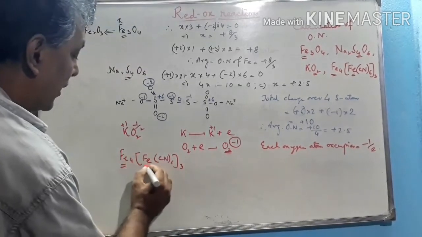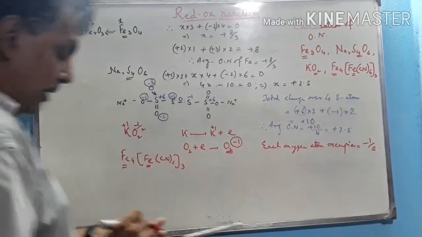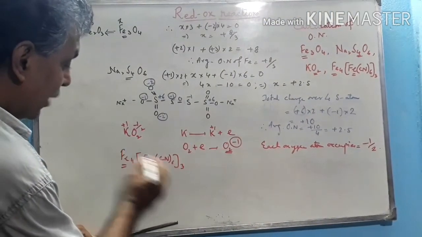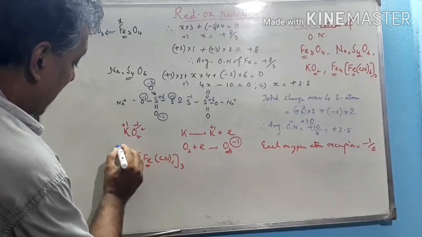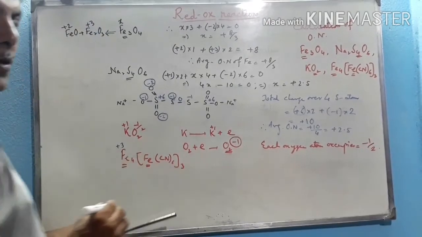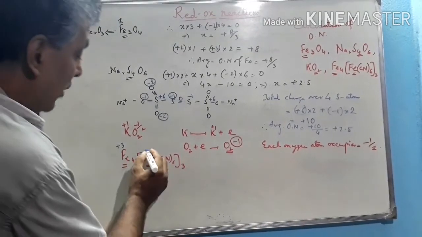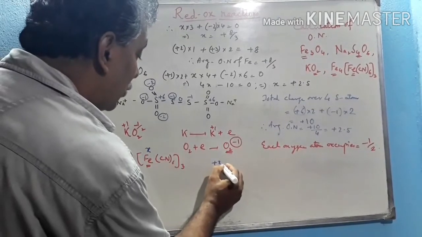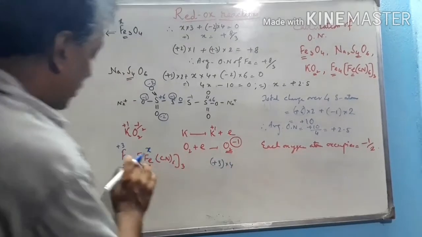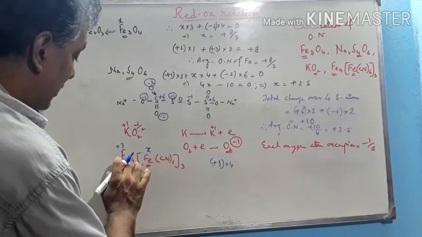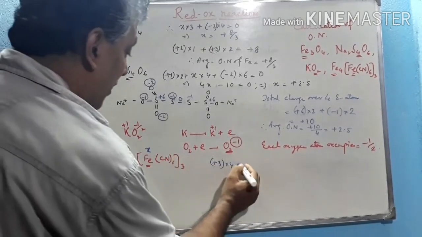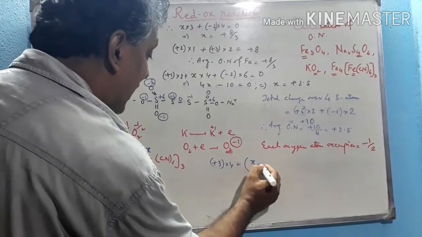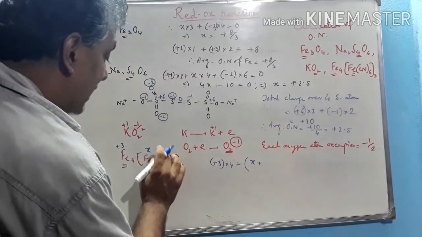We have to calculate the oxidation number of these two iron. Now see that the valency of this iron is 3. Therefore the oxidation number becomes +3, as it is the metal, electropositive, so it becomes plus. Now we have to calculate the oxidation number of this. Suppose +3 into 4, because there are 4 atoms of Fe in Fe4[Fe(CN)6]3, plus here the iron is in +x state, but cyanide is in -1.